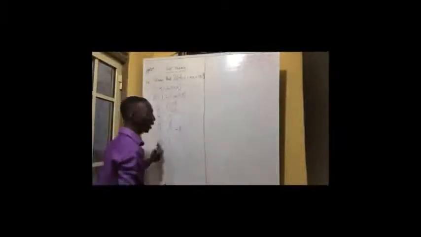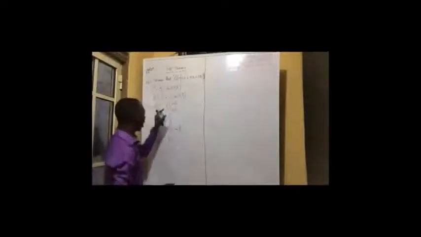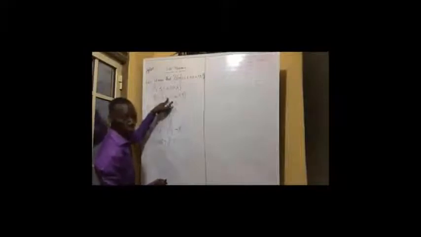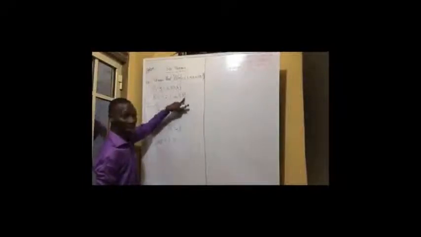Now, how then do I find my A intersection B? Check out for common terms, terms that you can see in set A and also in set B. Let's check. You have 1 in set A. Do I have 1 in set B? No. So 1 is not common. I have 3 in set A. Do I have 3 in set B? No, it's not common. I have 5 in set A. Do I have 5 in set B? No. I have 7 in set A. I also have 7 in set B. So I have 7 as one common term, isn't it? I have 8 in set A. No 8 in set B.